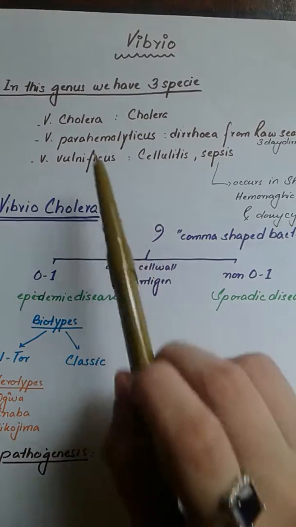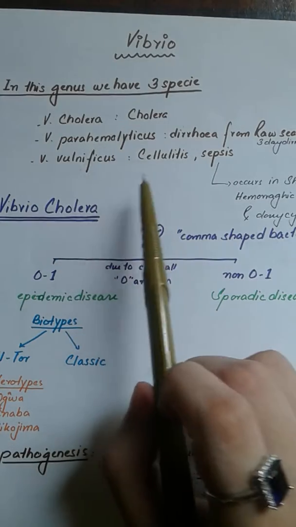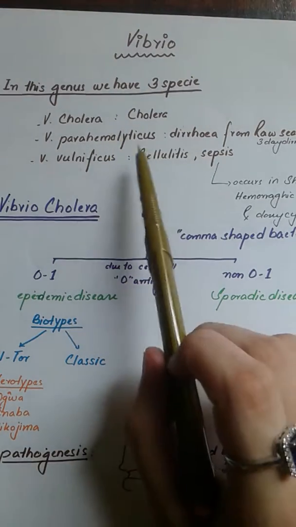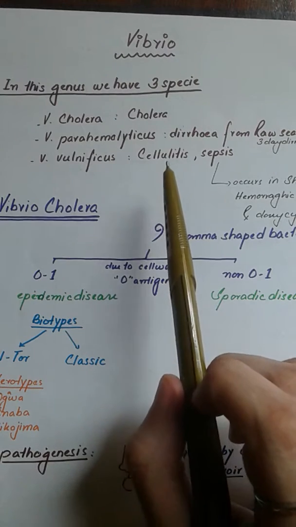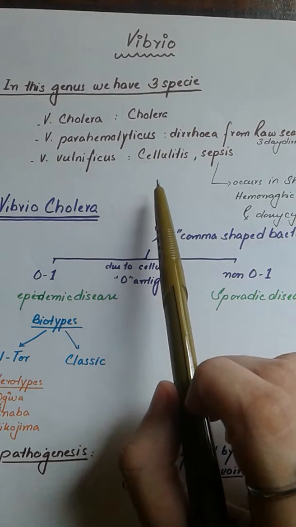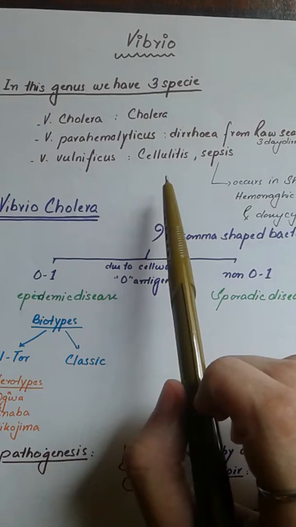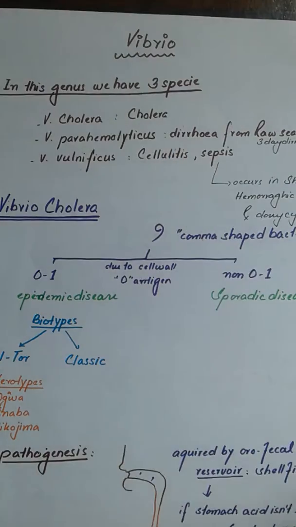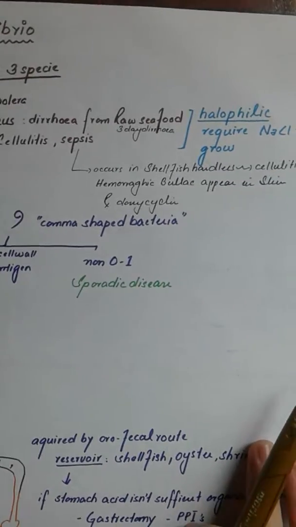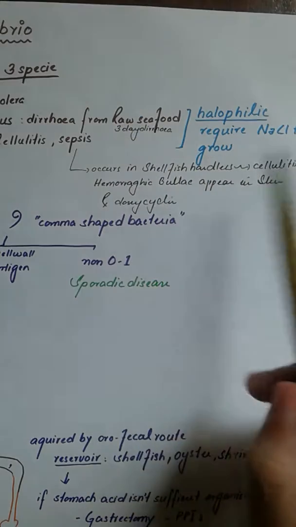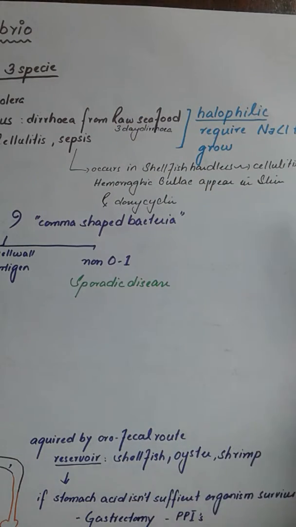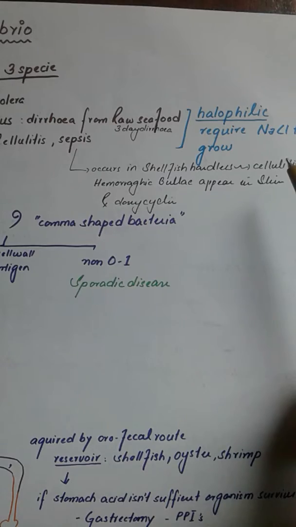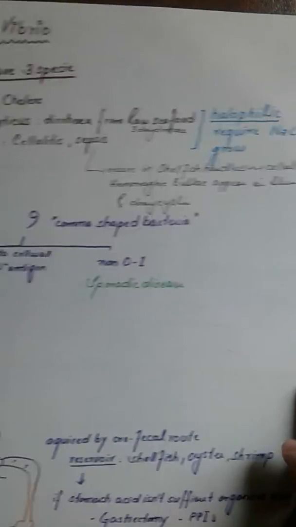cellulitis and sepsis. Now, two of them have one source, meaning that they originate from one area. Both of these are acquired from marine life. So basically, what I'm trying to tell you is that these organisms are halophilic, meaning both of them require NaCl in order to grow. And similarly, they are acquired from such environments, meaning that